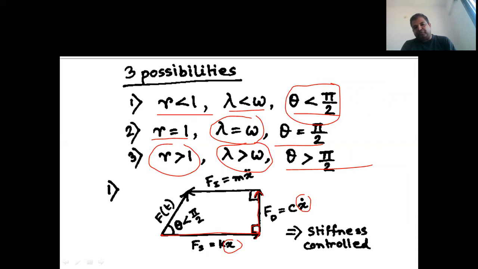From this, I now need to plot the inertia force, because any vibration has the components inertia force, damping force, and spring force. So if I plot the inertia force, it is again perpendicular to this, because this is x dot and this is x double dot. So my inertia force will be in this direction, which has a phase difference of pi between Fs and Fi.